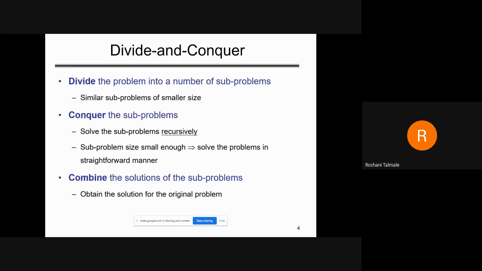I will discuss some GATE questions so that you will get it. They will ask you, for example, if a file is given and the size of the file is very large, which method will you use to apply sorting, which sorting method will you apply? According to that they will ask the questions. So divide means divide the problem into sub problems, then conquer, solve the sub problems recursively, and then finally combine the solutions of the sub problems.